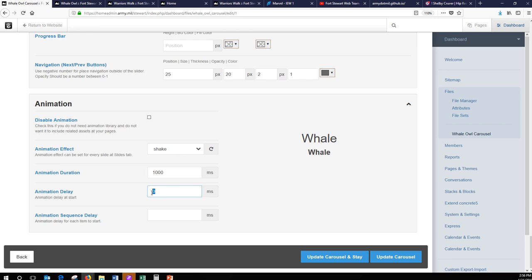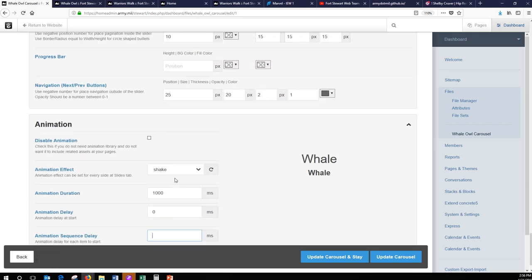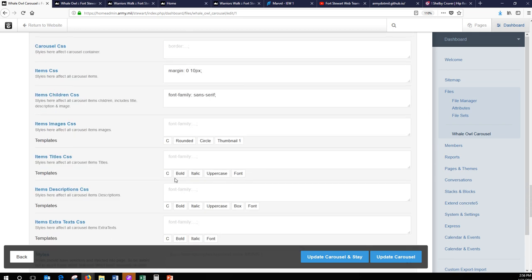And the delay is how much time between when the user sees the text and when the animation starts. And then, okay, well, how do I explain this one? I'll think of a different way to explain that, guys. Okay, so let's look at